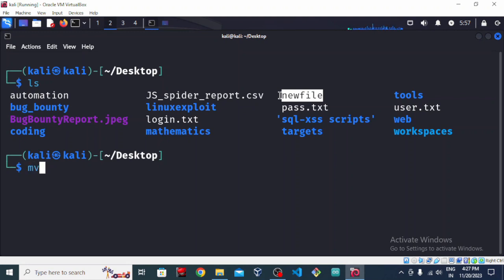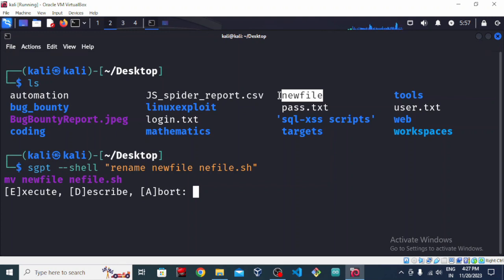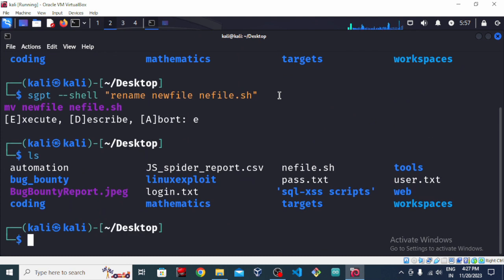So in order to rename it, I'll use my Shell GPT again, and I'll rename it into an executable format, which is going to be .sh, which is for bash. So I'll just say rename my file, which is new file, into new file.sh, right? Let's rename it. I can use the command directly, but this video is all about Shell GPT, right? So I'll just use it in that manner. If I ls now, you can see this is nif file.sh,